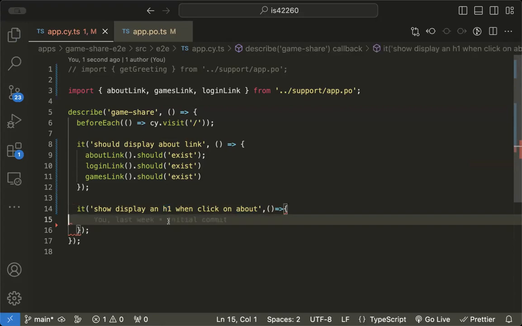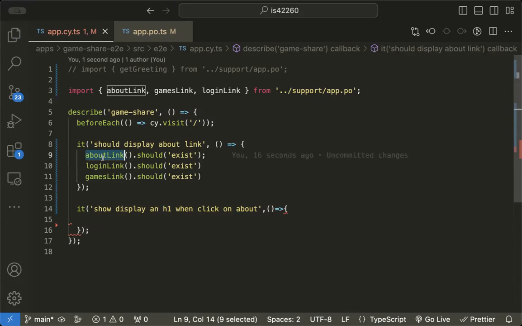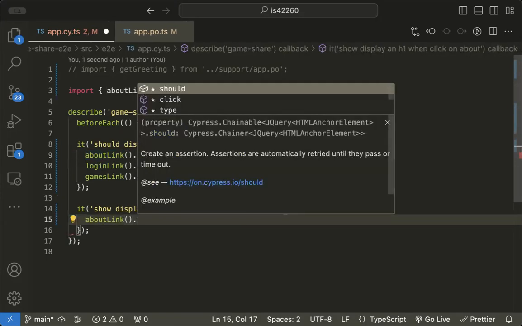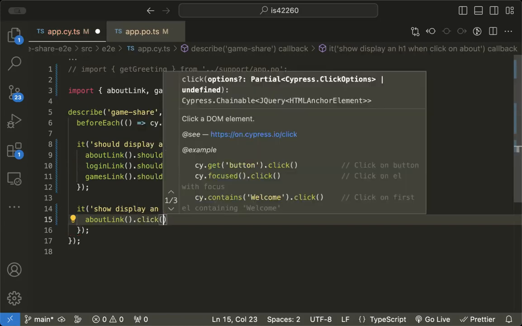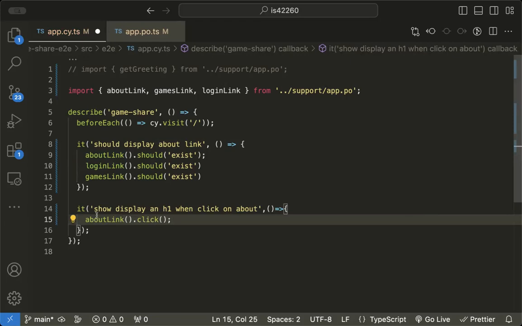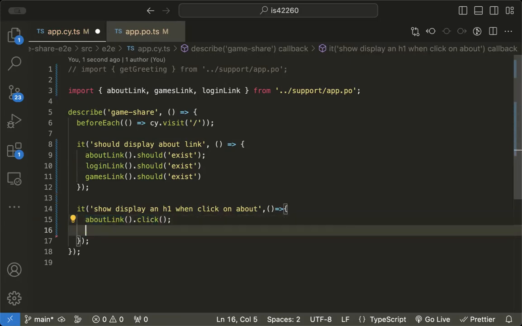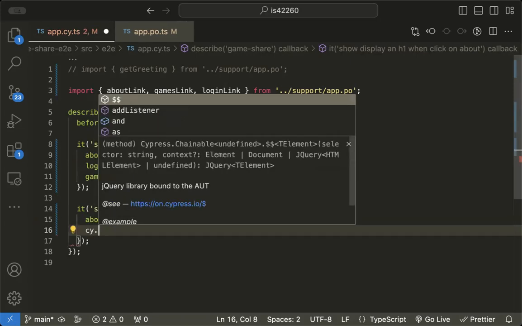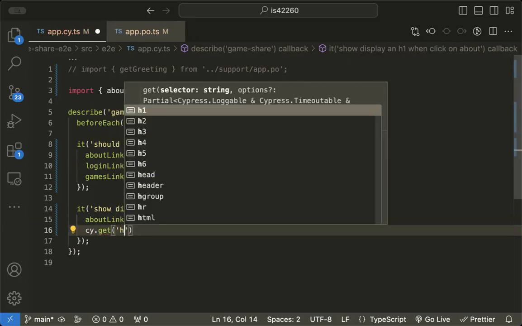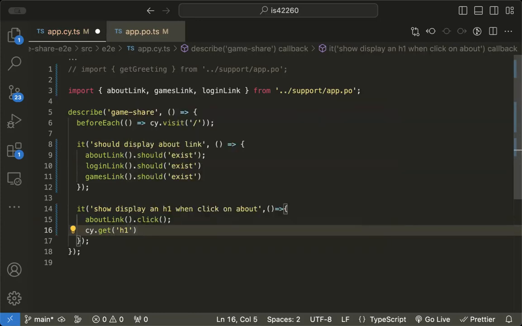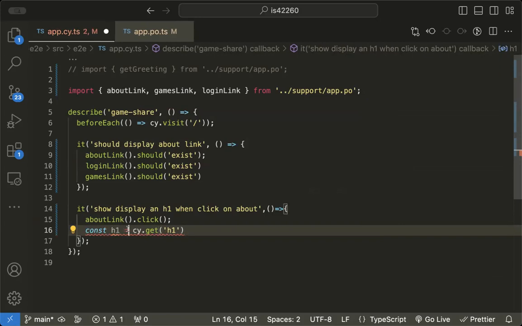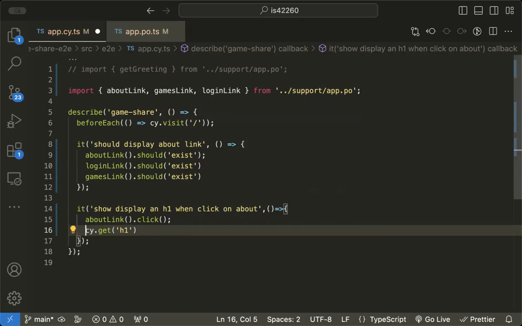So we should write a test case. First thing first, we need to get the about link. And what I need to do is perform an action on it. I should click on it. I will have the reference to the about link and I will click on it. Once I click on it, I can say cy.get and I will refer this as H1. Or I can just simply say H1